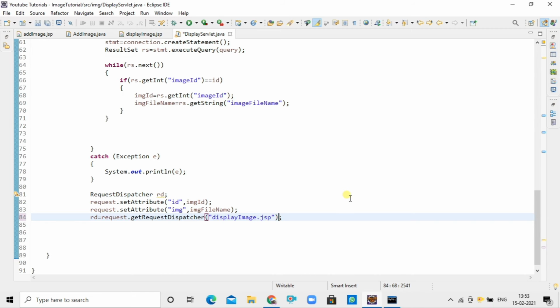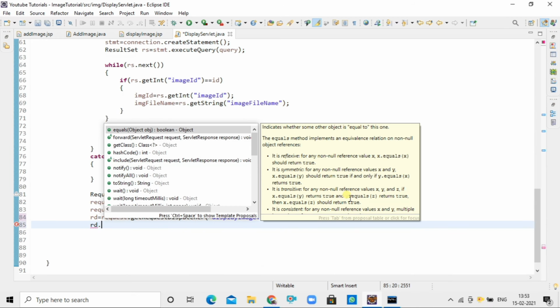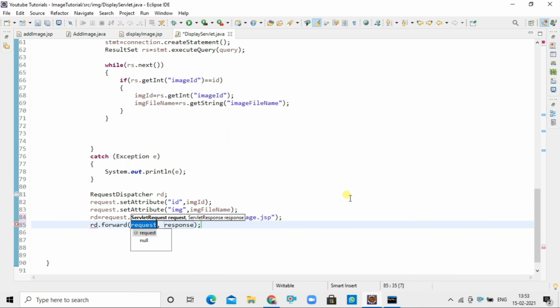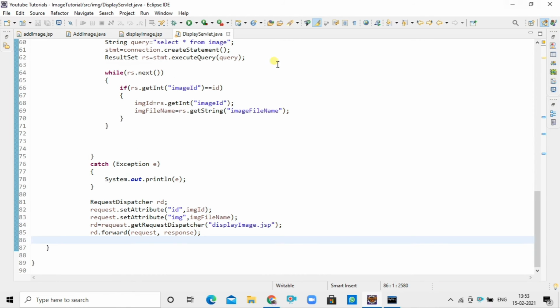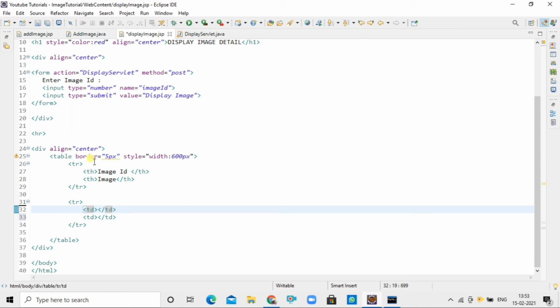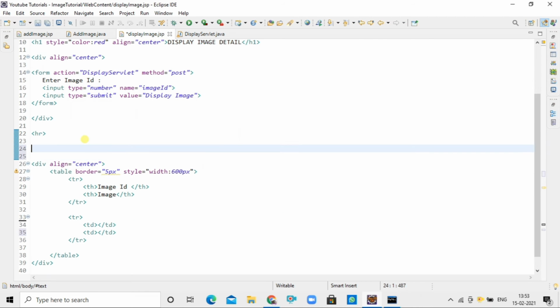After setting the attribute, using the forward method to pass our control to display image.jsp. Now our control will go to display image.jsp.